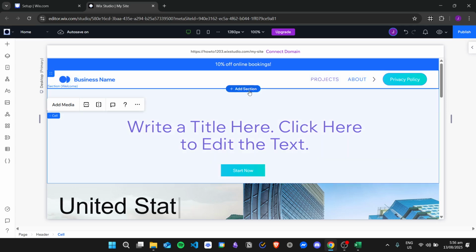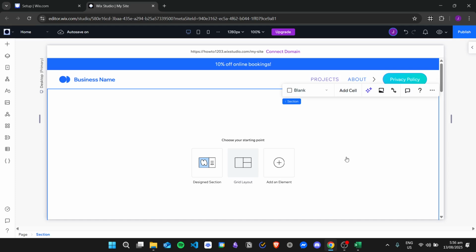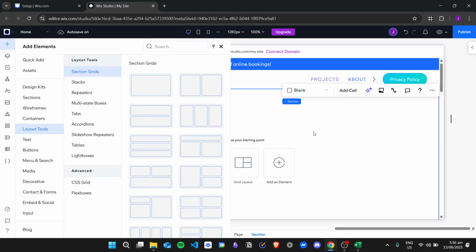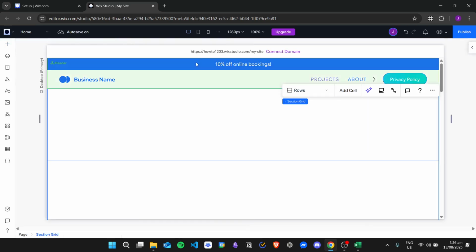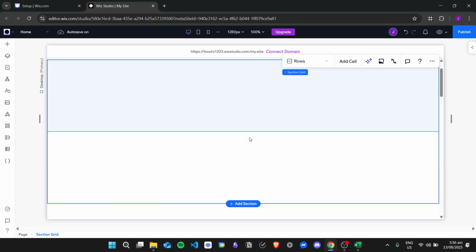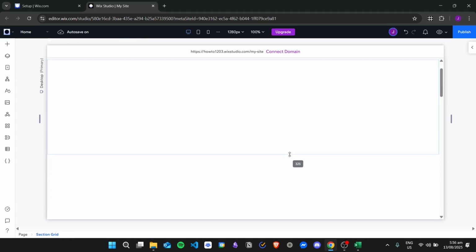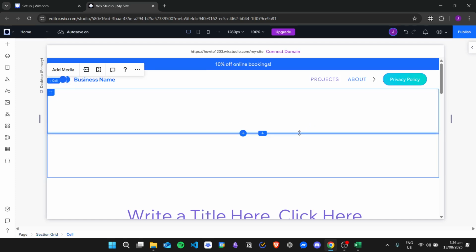First, I'll just create a new section right here, and then from here we will select grid layout, and then we will just select these two rows right here. So let's click on it, and then now we have two rows in our section. Then we can adjust the size of this section. You can see we just only need a small section right here, and then we will select this first cell